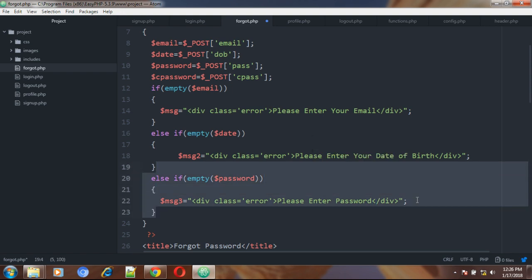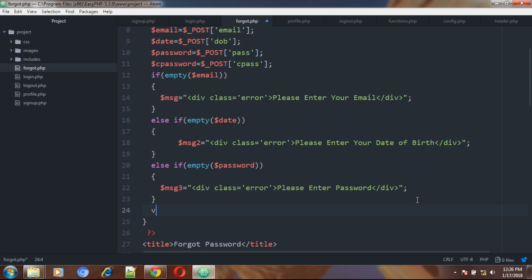Okay, and same we will do with the confirm password field, the re-enter password field,